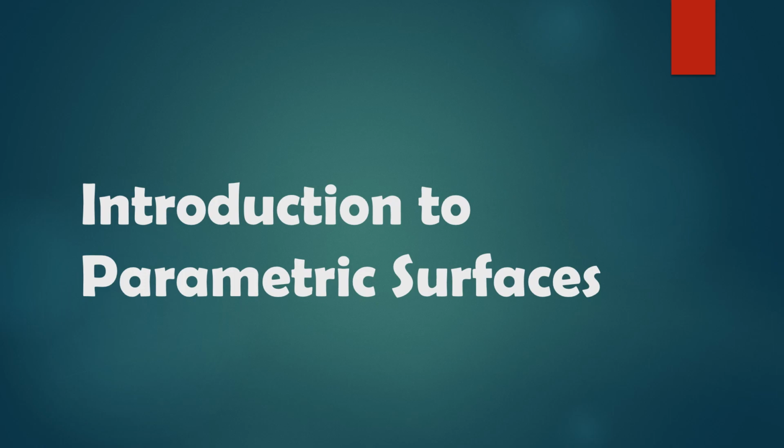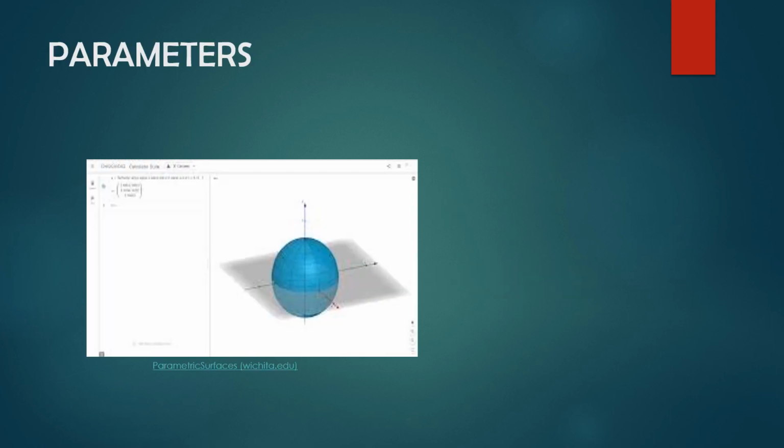Introduction to parametric surfaces. Parametric surfaces offer a different approach to defining complex geometric shapes. Unlike meshes, which use discrete points and polygons, parametric surfaces use mathematical equations to define shapes. Parameters. Parametric surfaces are defined by equations that use one or more parameters to generate points on the surface. For example, a parametric equation for a surface in 3D might look